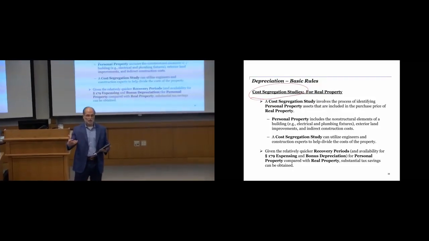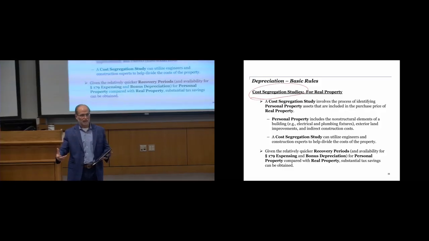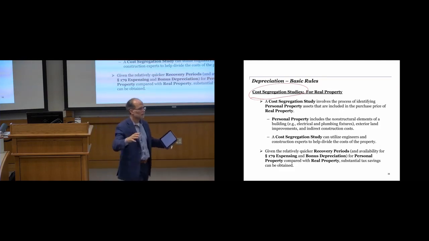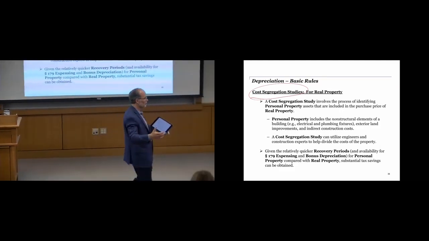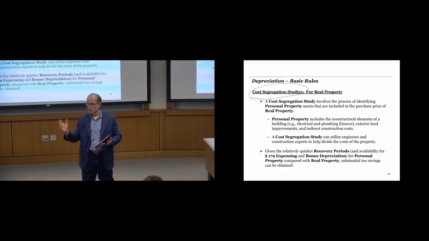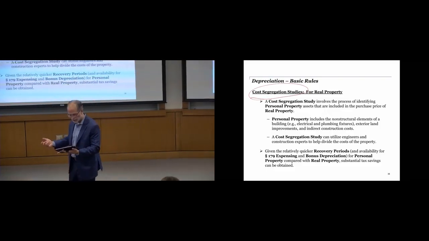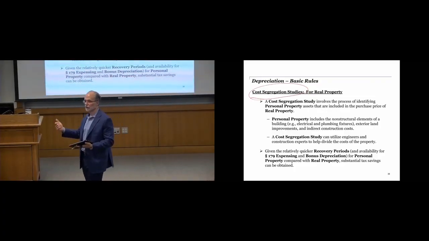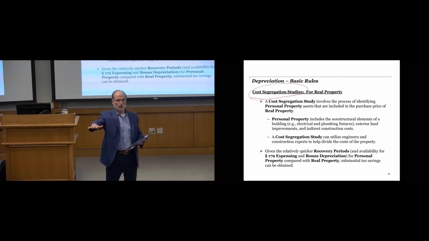They are parts of the building, but they are not the structural components. They're not the girders that hold up the building or the bricks on the outside. They're the things on the inside that actually make the building usable by humans. And exterior land improvements could be there, so landscaping, surface parking lot, those types of things, and indirect construction